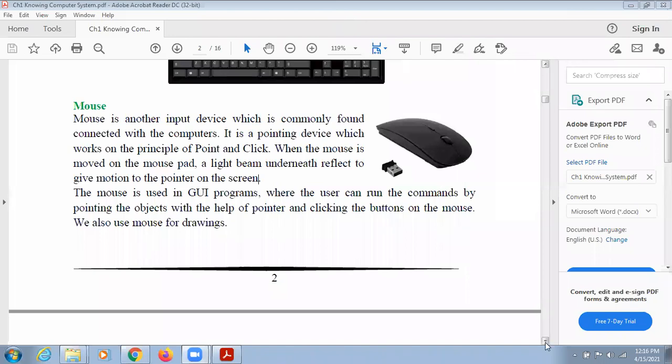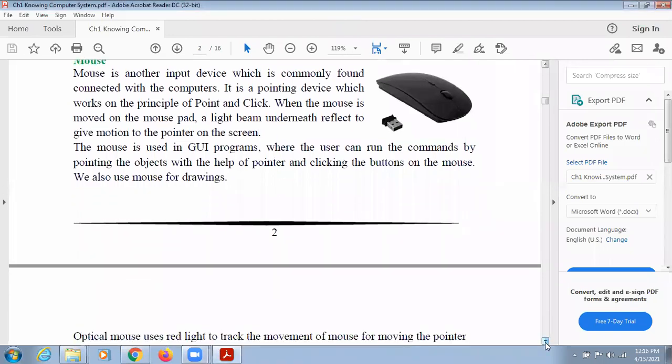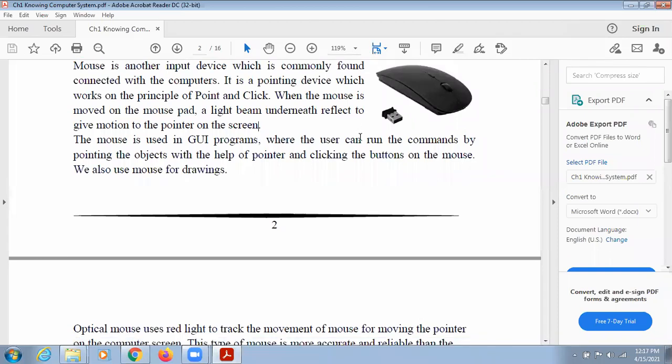Next is, after mouse, it is used in GUI programs. GUI programs means if you have installed Windows in your computer, then only you can use mouse. Otherwise you cannot use mouse because it will not work on your system. So it works with only GUI. GUI stands for graphical user interface.